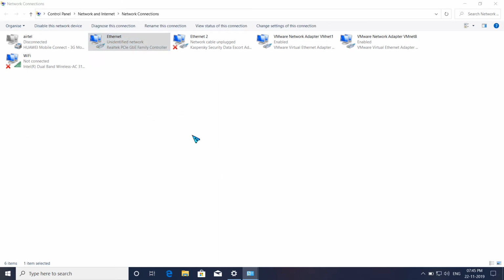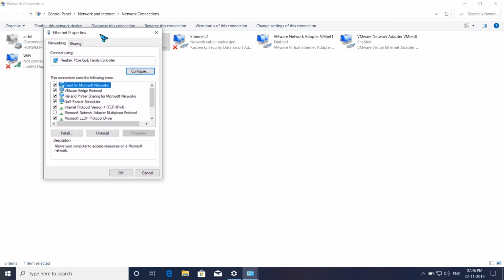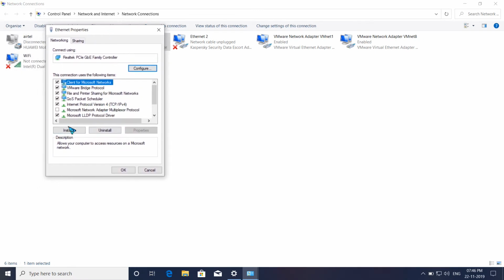Here you can see lots of things. Don't hesitate, I explain each and every step. Here select Internet Protocol Version 4 (TCP/IPv4). This Internet Protocol version 4 is mostly used in India.